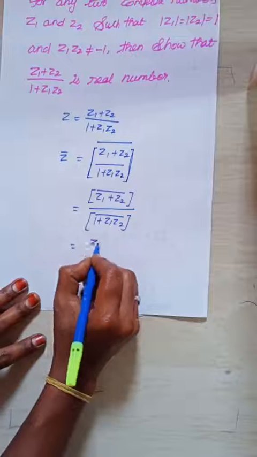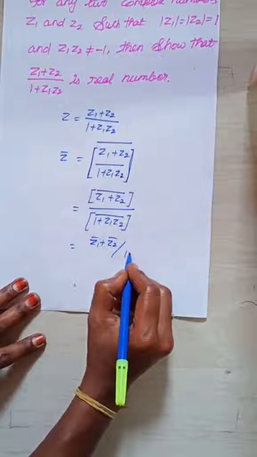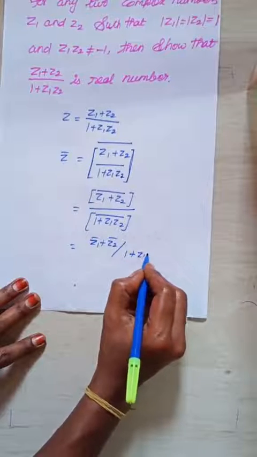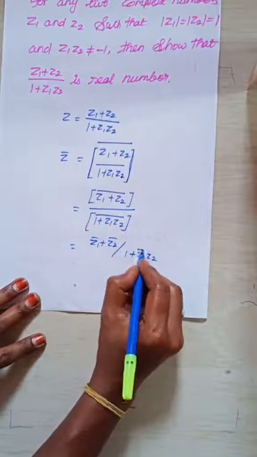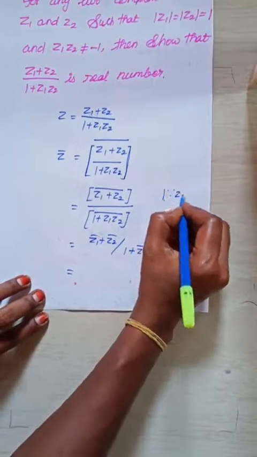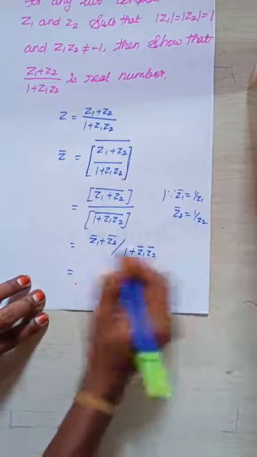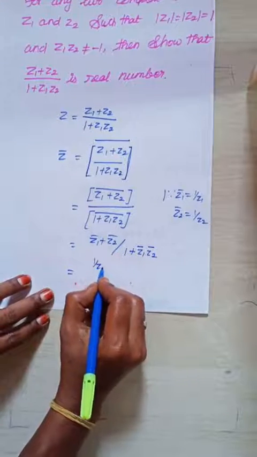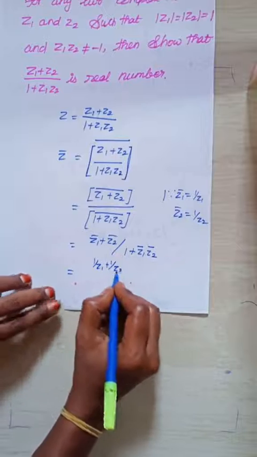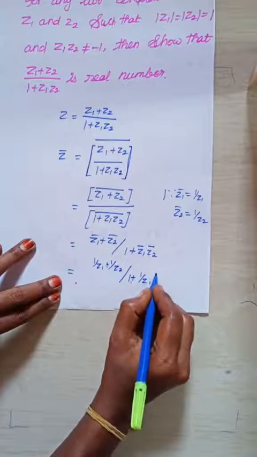z1 bar plus z2 bar divided by 1 bar, which is 1, plus z1 into z2 the whole bar, which we can write as z1 bar z2 bar. We know that the value of z1 bar is equal to 1 by z1, and z2 bar is equal to 1 by z2. Now substitute: 1 by z1 plus 1 by z2 divided by 1 plus 1 by z1 into 1 by z2